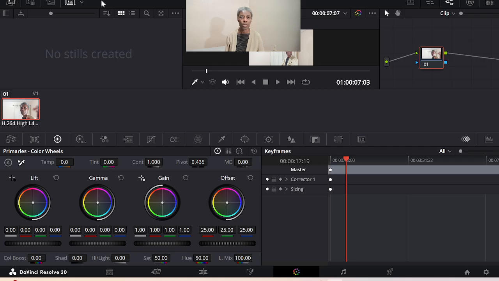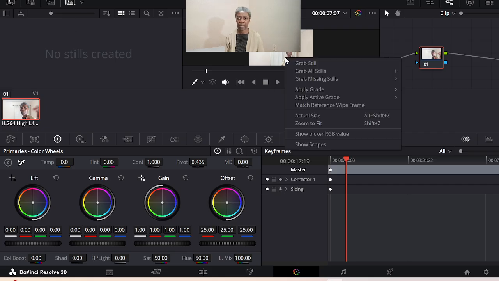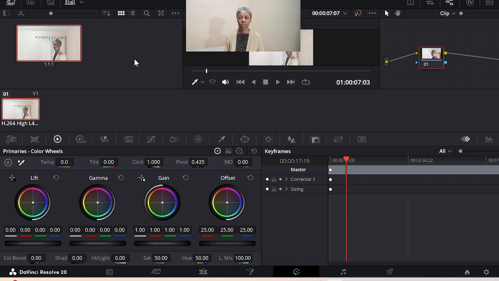So one way you can do the still here, if I recall right, let's see if that will be right clicking it. So when you right click, it will say grab still, and I thought maybe it would allow me to break down all the video into multiple stills, but it does not. So now that you have this one here, you'll want to find, which sometimes is kind of hard for me to find, is the